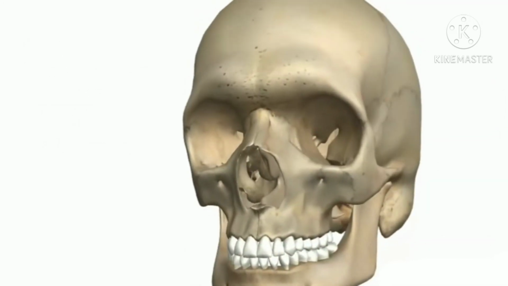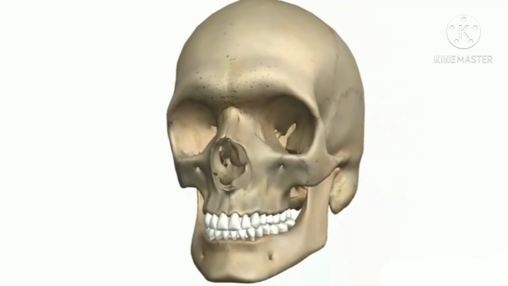So the function of the mouth is to provide an opening for the food to enter the body, and it's used for mechanically digesting the food by chewing. If you take a look at my tutorial on muscles of mastication, you can see how the muscles bring about chewing movements. And it also begins chemical digestion. So you've got salivary glands which produce saliva, and the saliva consists mainly of water, but there are also some enzymes for digestion. So you've got things like salivary amylase, which breaks down starches into sugar, and you've also got lingual lipase and other